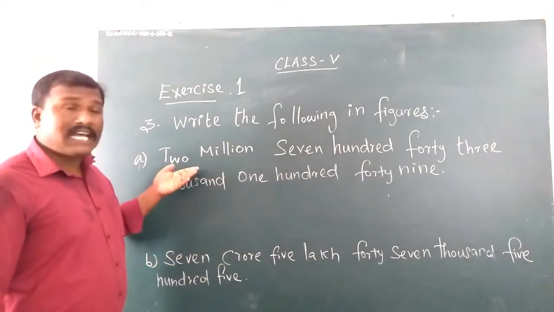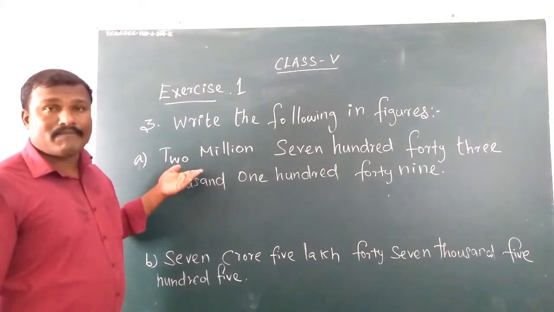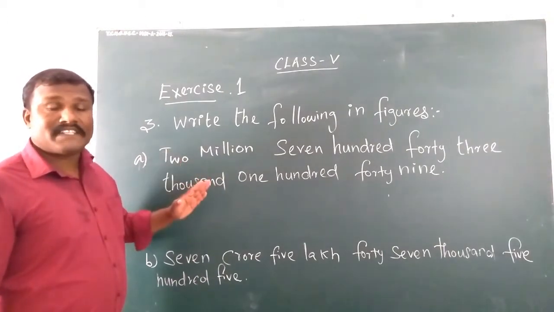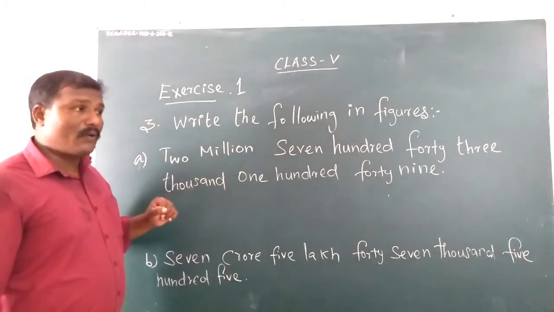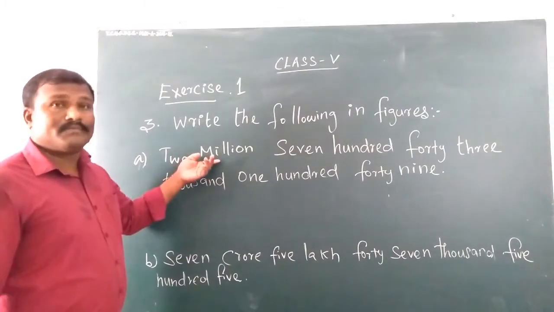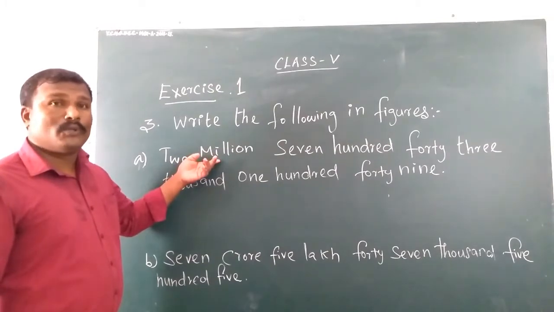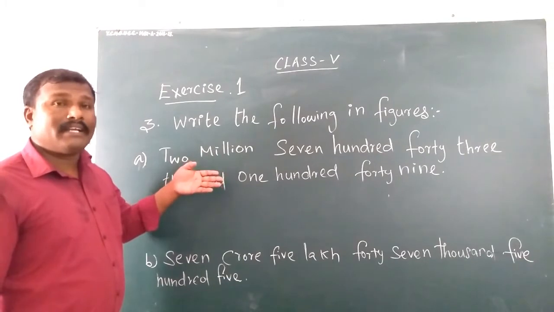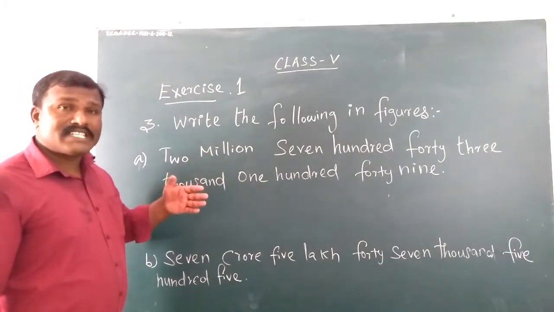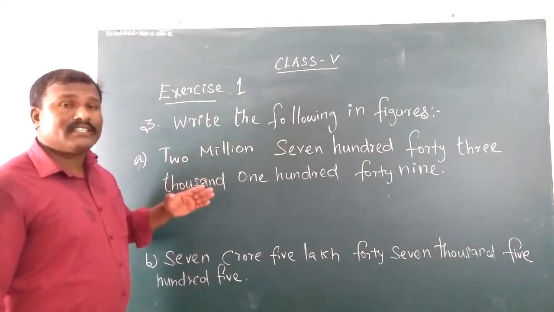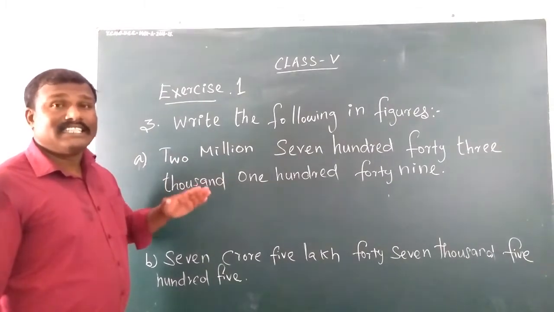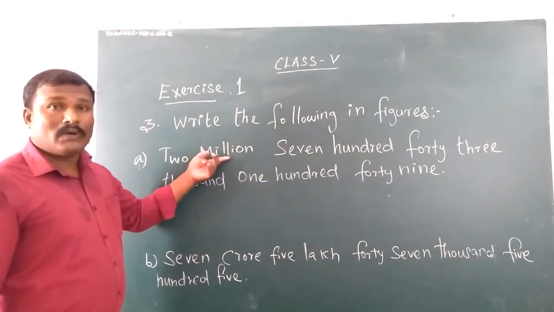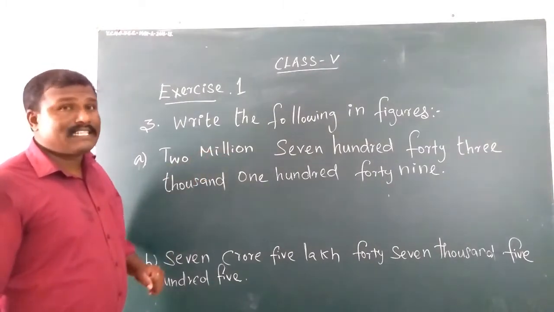So what I will do, first I am going to read this sentence, then I am going to find out whether the given sentence is Indian number system or international number system. Okay, let me see. 2 million. I think before in a video I told you, if words like 100,000, million, 10 million, 100 million come, that number system we call the international number system. I already told you. So here the word million is there, so I conclude it's an international number system.